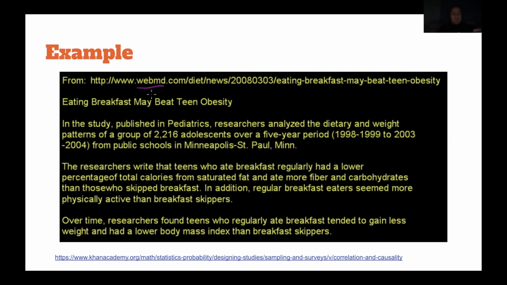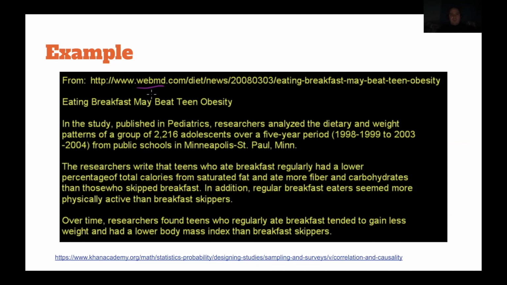For all we know, there is some other external factor affecting these kids, and so they have breakfast and they are more physically active. Maybe these guys are playing sports. Maybe they're doing sports in the morning, so they eat breakfast before they go to sports training, and they're more physically active. So that's why they like to eat breakfast, or they feel it's very important to eat breakfast because, or else they will be tired and they won't have the energy to practice their sports. While if you're someone who is not having sports training, you kind of skip breakfast